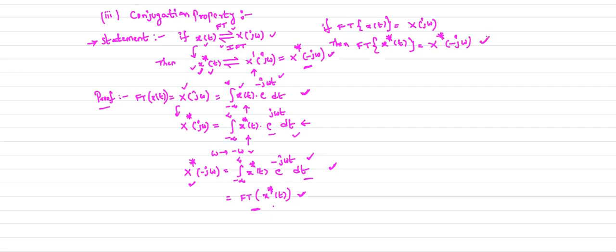So this is your answer. So this is about the conjugation property. Next property we are going to discuss is the area under the time domain signal. So the fourth property we are going to discuss is